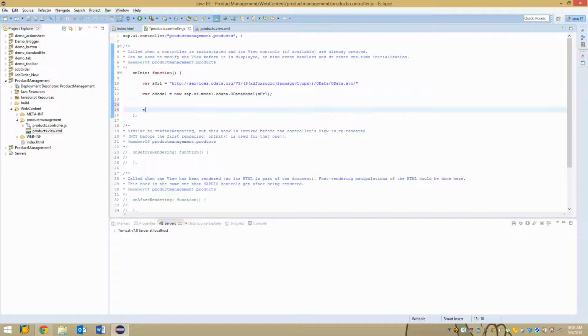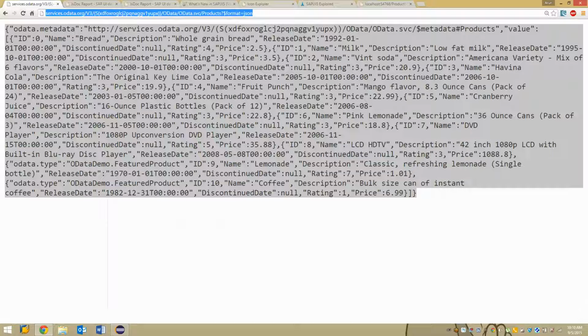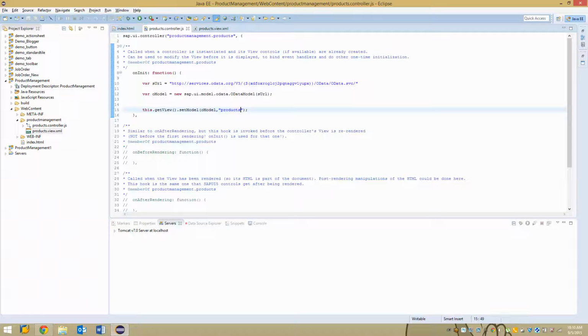Then I am attaching this model to the view: this.getView().setModel(oModel), comma, I am specifying it with the name products. So now if I execute my application,